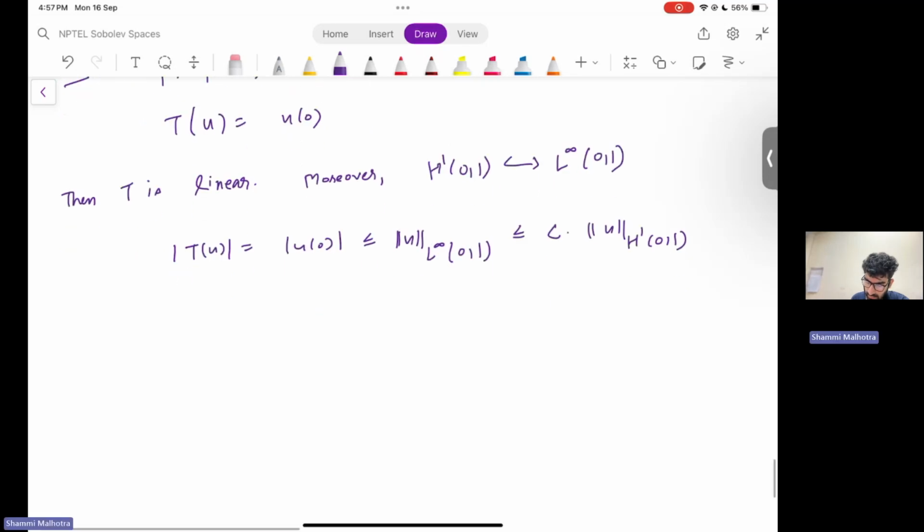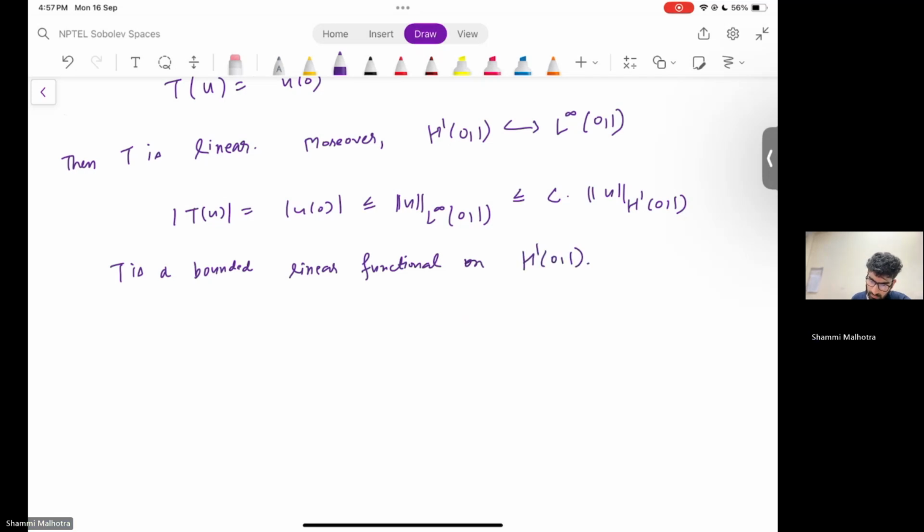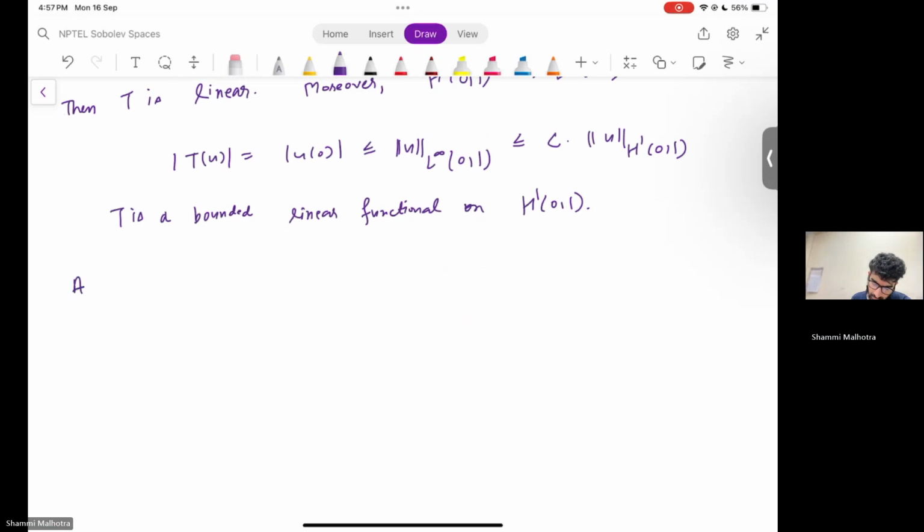So since that is the case, we have this T is linear, T is in the dual of H1, T is a bounded linear functional on H^1_0(0,1). Also,